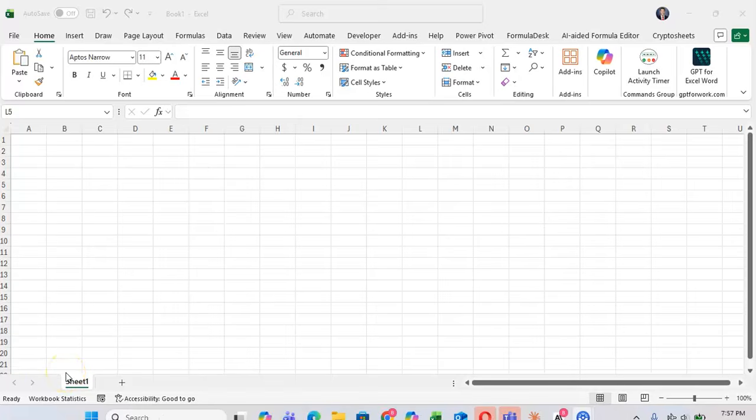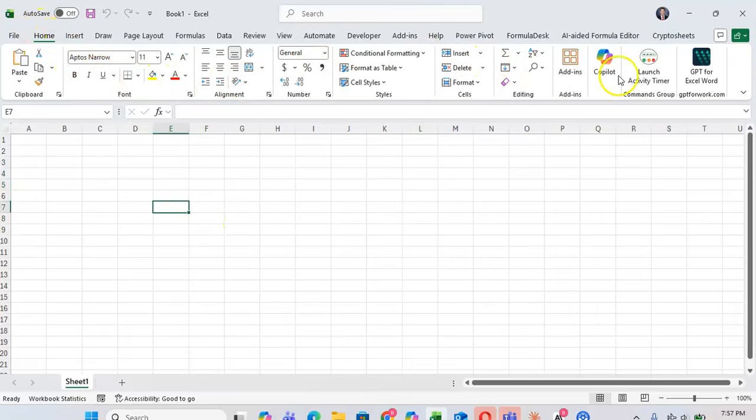In this tutorial, I want to show you how you can get the Claude add-in directly in your Microsoft Excel. Note, to use Claude directly in Excel, you have to have one of the paid or upgraded plans for it to work. So to get the add-in, first go to the Home tab, and then you're going to